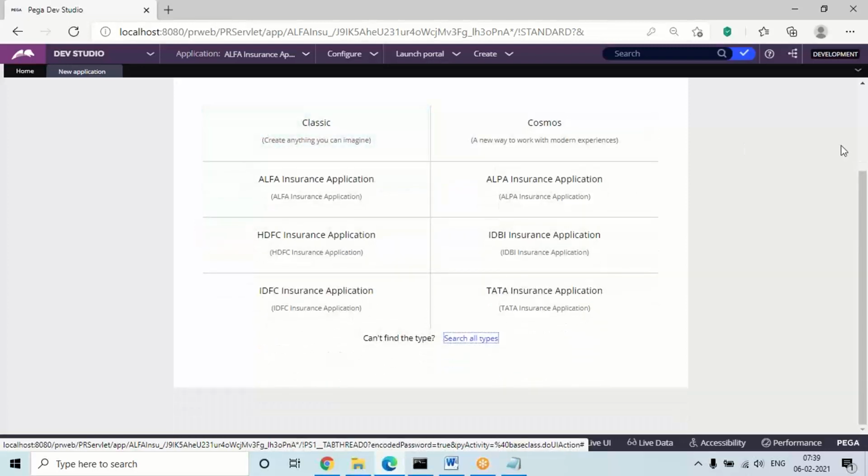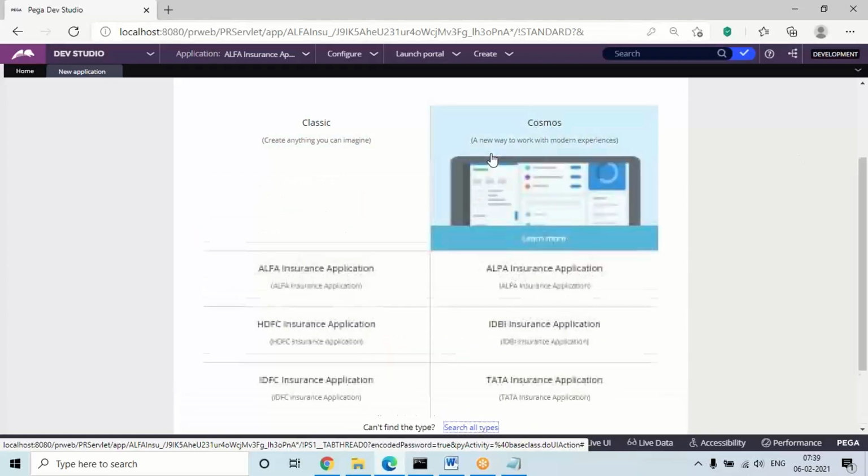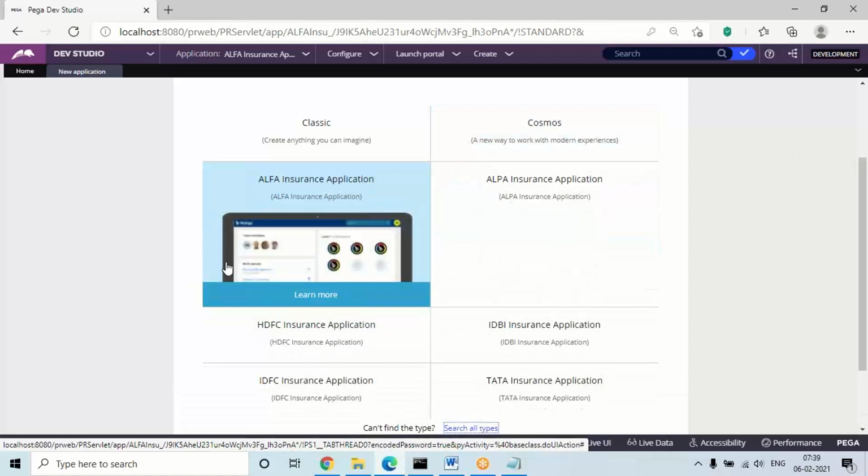Last time we chose classic when creating a framework, but when creating your implementation under your framework, we need to choose your framework application. I need to choose Alpha insurance application, select this and proceed with the screens.